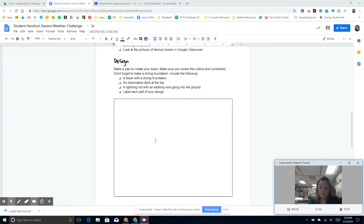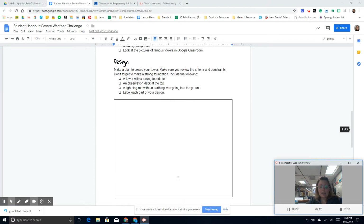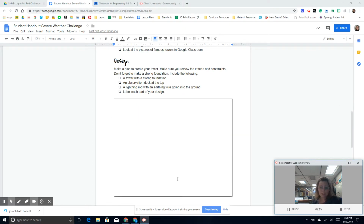So label your design. So draw your picture here. Make sure you label where the lightning rod's at, label where the observation deck is at, and where that wire, the earthing wire that goes down to the ground and sends that energy from a lightning strike. So label those parts. Once you have that done, I'm going to give you, your teacher will give you a